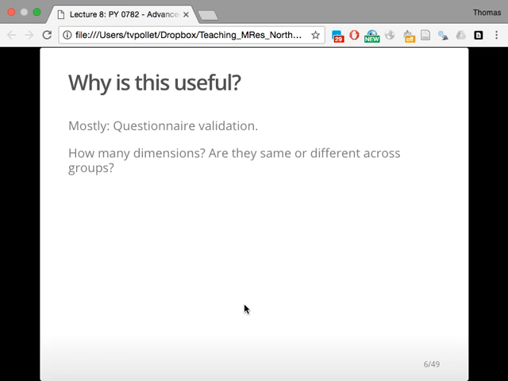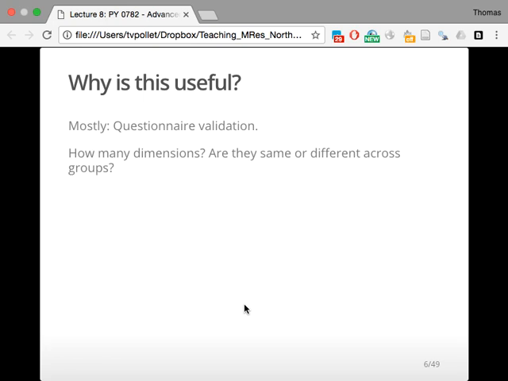And also, this is quite interesting in terms of cross-cultural measurements. So suppose you make a measure for burnout, you might want to take it to different countries, and you might want to see if it's measuring the same thing in every single country. And so in order to do that, we also use structural equation models and confirmatory factor analysis. So we want to make sure that if you're using a measure, it's measuring the same thing in every single country or in every single group, so if we're comparing men versus women, for example,